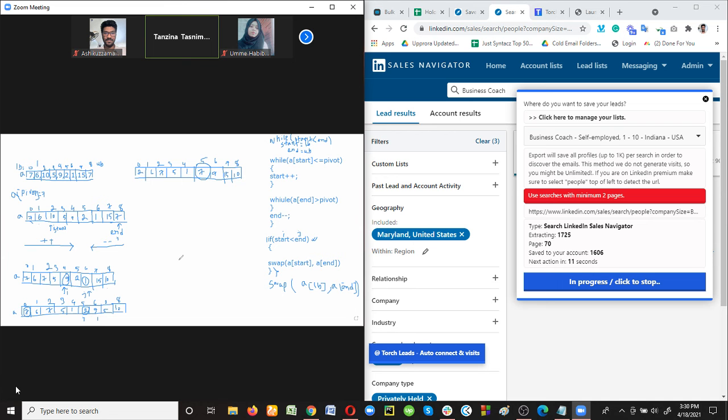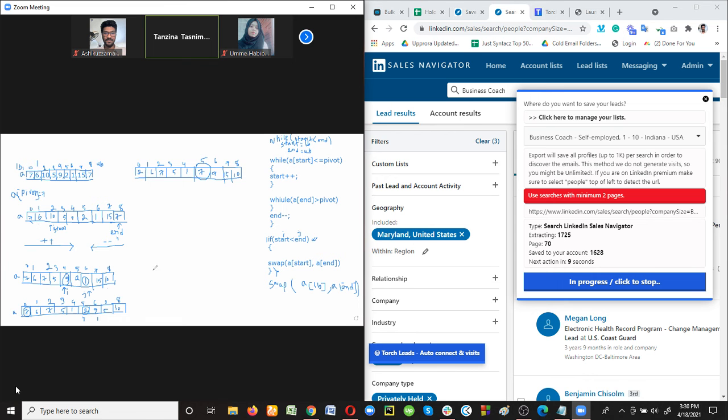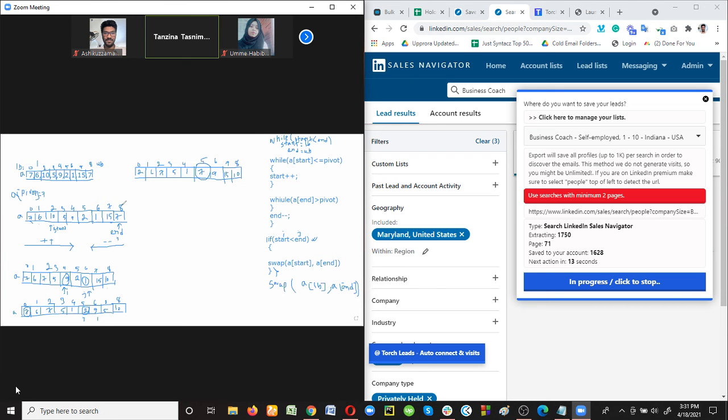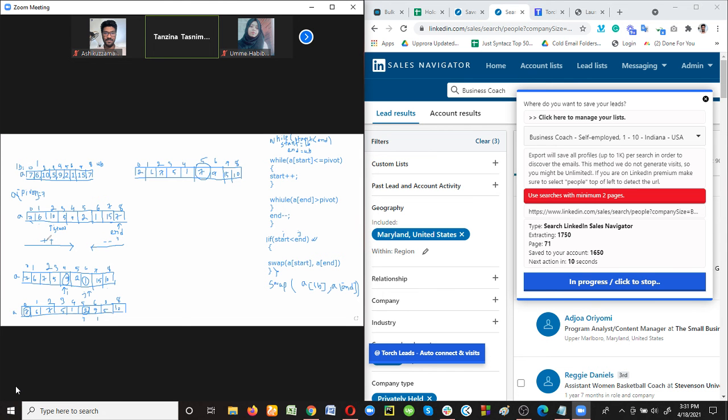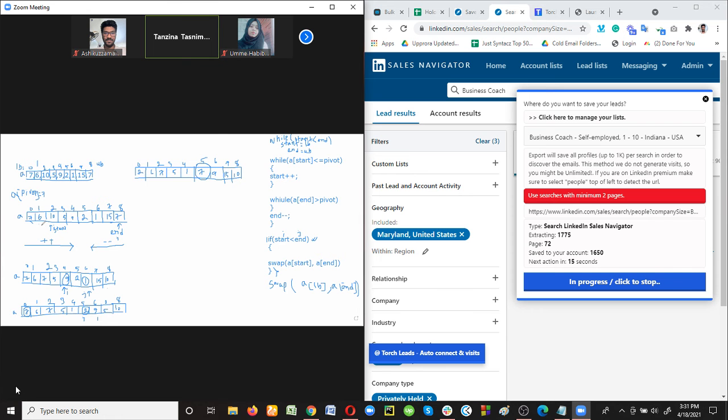There are 3 conditions. At first, we need to employ 2 pointers. One is start, another is end. And what is the initial value of start? Start equals lower bound and end equals upper bound. So these pointers will be shifted from the left side to the right side. And you can increase start's value when the data is less than the pivot element. At that time, this pointer value will be incremented by 1.